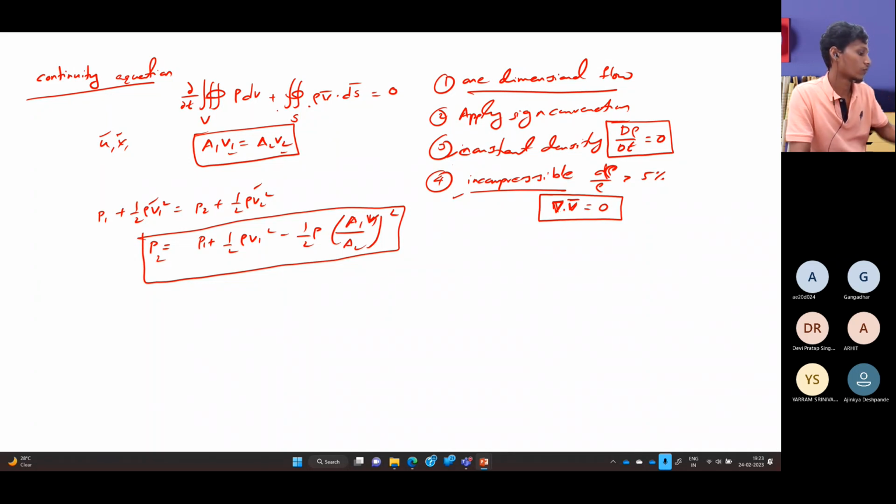Okay, a few more things that I need to discuss now. This is the Bernoulli equation, but we already know the Bernoulli equation in this format, P plus half rho V square is equal to constant. And I should also tell the concept of stagnation pressure. The stagnation pressure means,